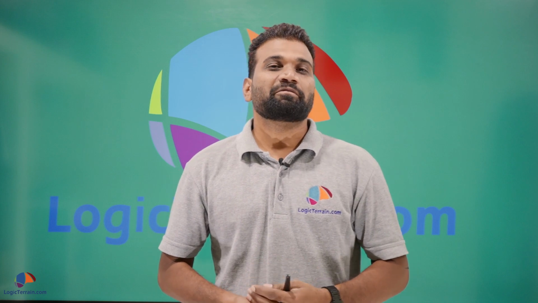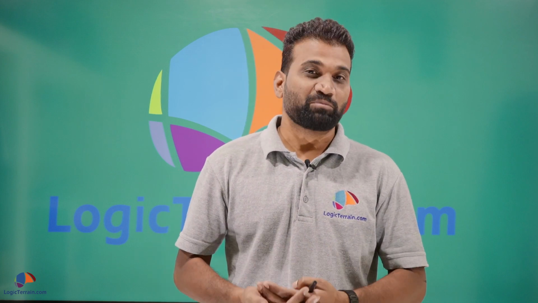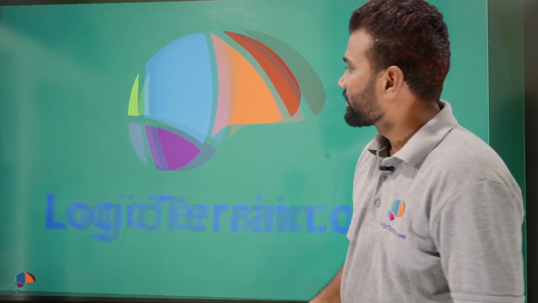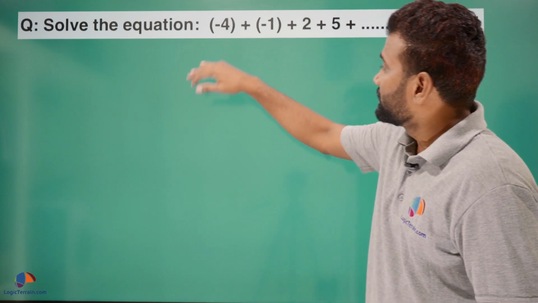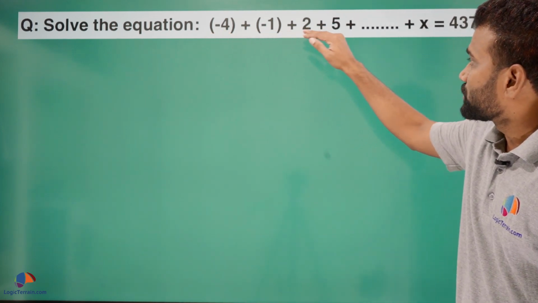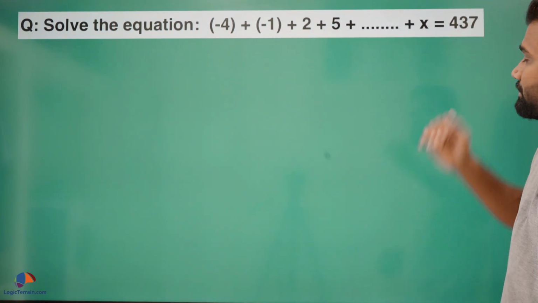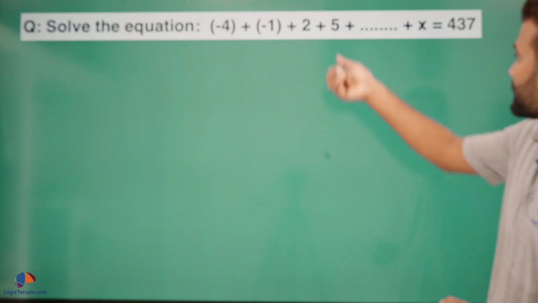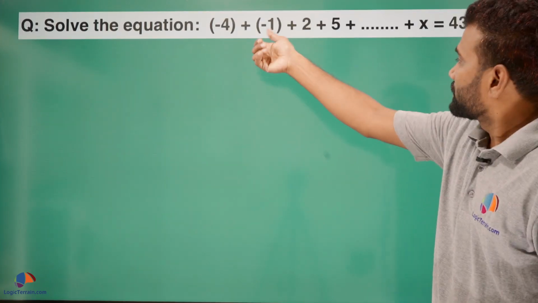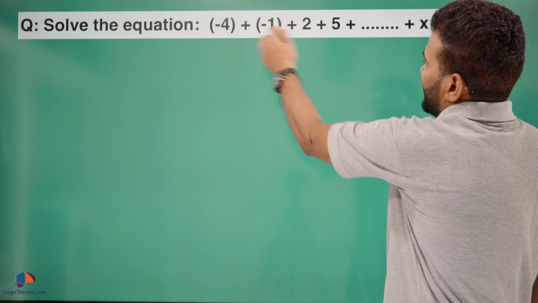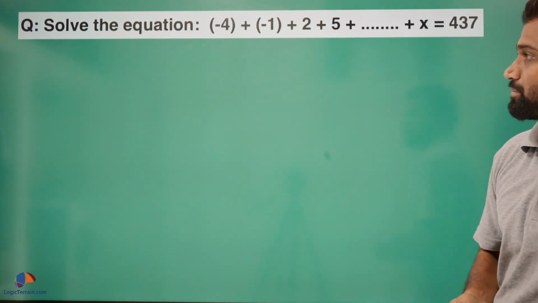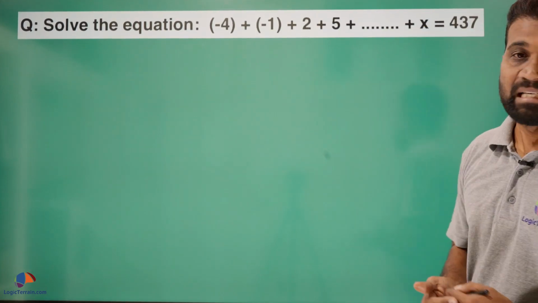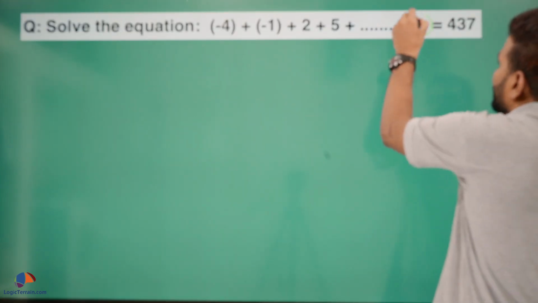In this session I have come up with a very interesting and very important question. So let's have a look at the question. Here is the question. Solve the equation -4 plus -1 plus 2 plus 5 plus and so on plus x is equal to 437. So in this equation, on the left hand side we have a sequence, and the sum of this sequence is equal to 437, and we have to solve this equation, which means we have to find the value